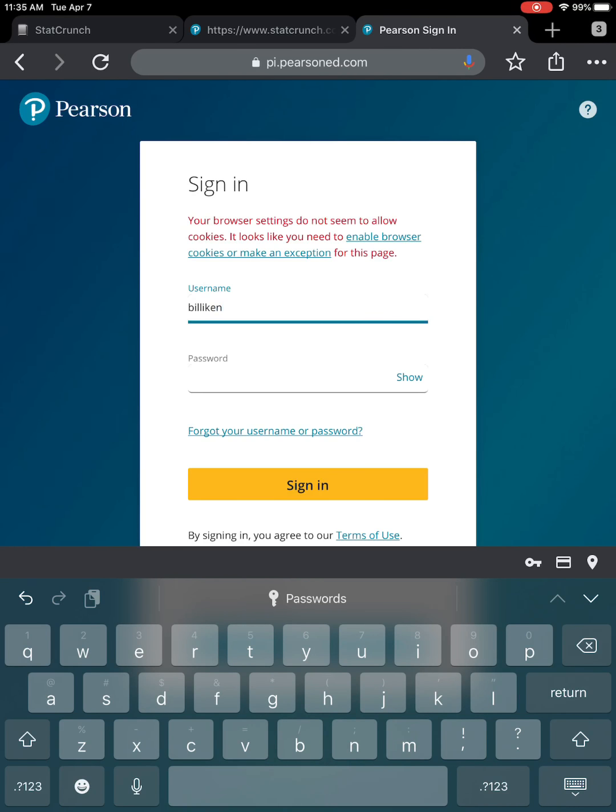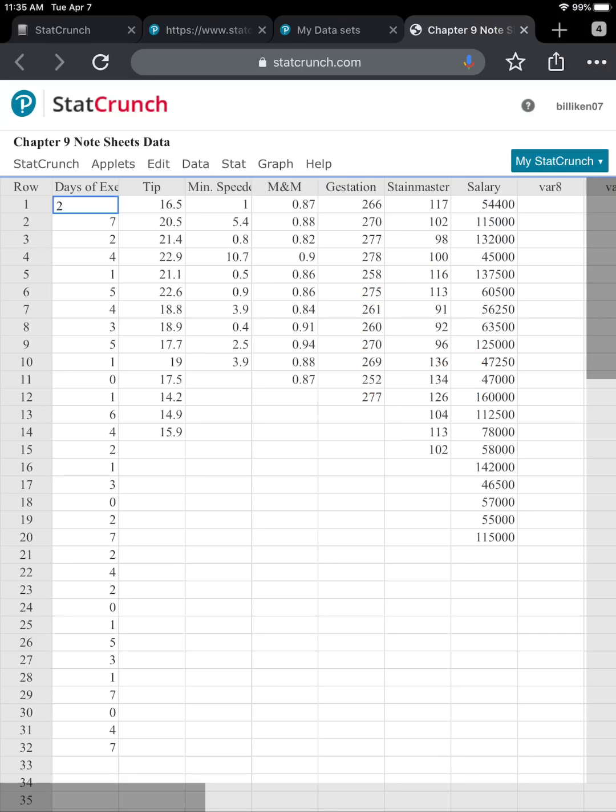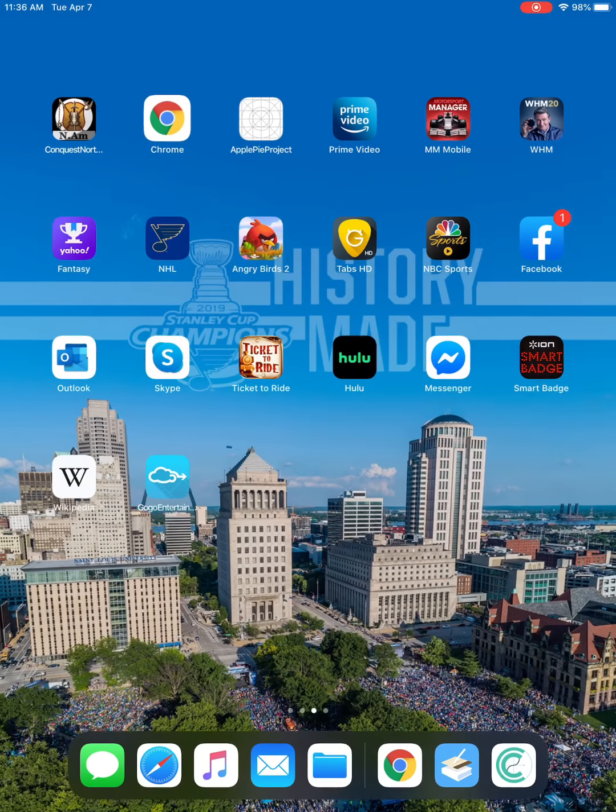So if you were doing this for homework, okay, now that I've gotten logged in and I'm into my data sets, here are all the data sets that